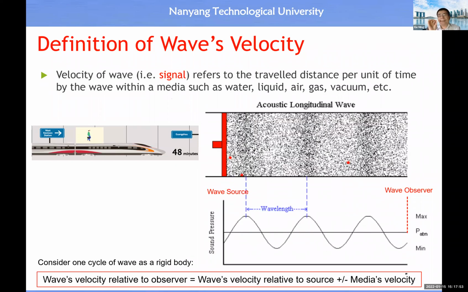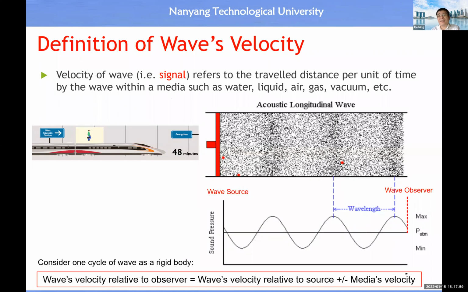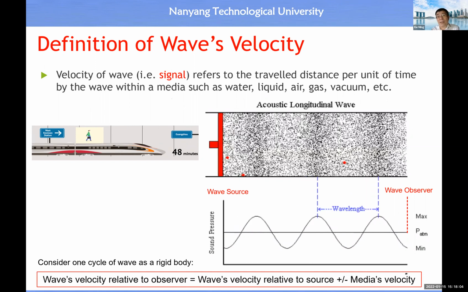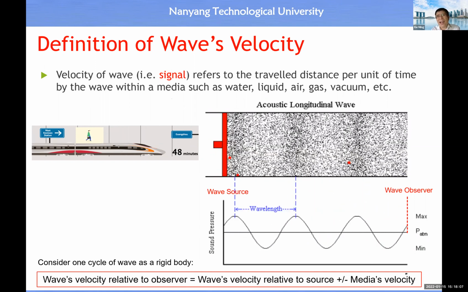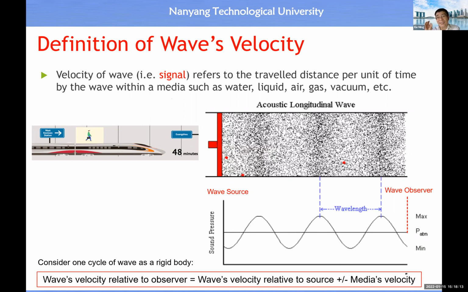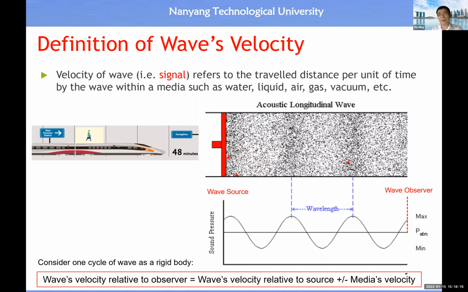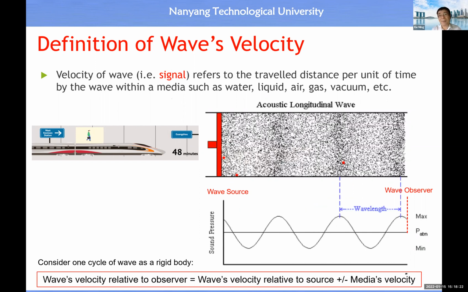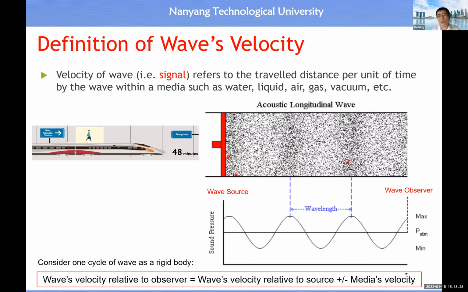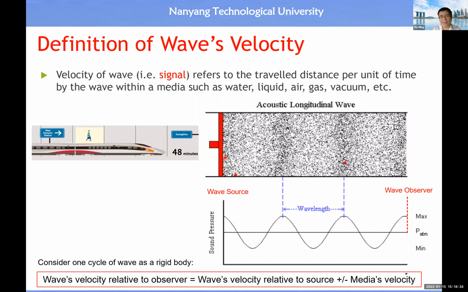Besides the entity's velocity, there is another velocity, which is the wave's velocity. Every one of us is familiar with wave velocity, because every day we see light. Light is an electromagnetic wave. Light can travel in space, and you know the speed of light is a very, very large number. This is a very familiar phenomenon to us, but we do not pay much attention to the detail of wave velocity.